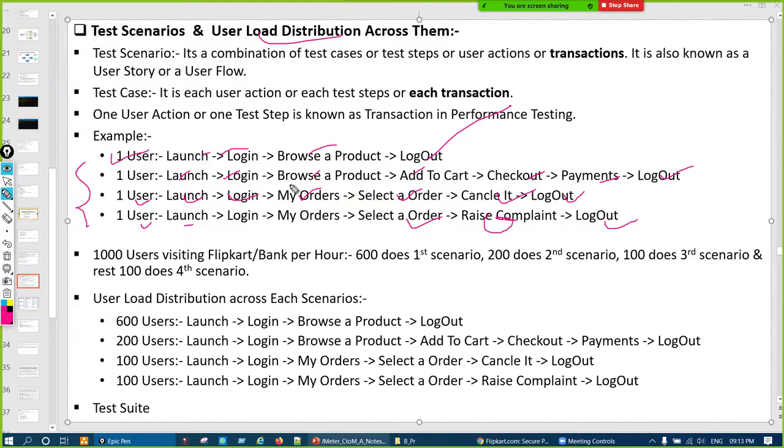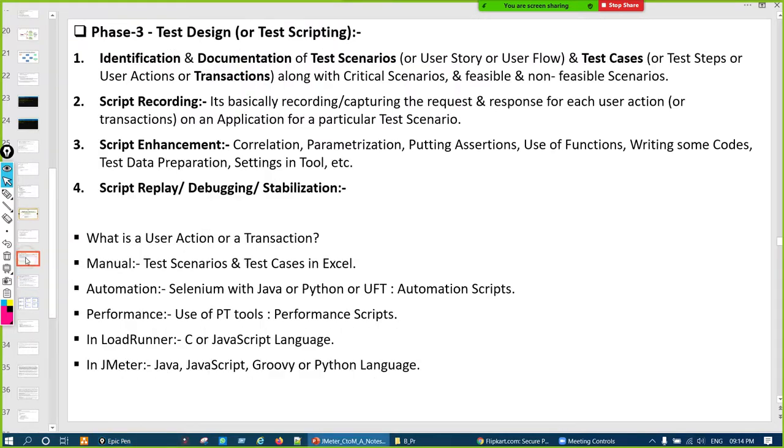After identification, we script them. Here one term is used, that is scripting. For each scenario we will be doing scripting. Once we are done with the scripting, script recording and script enhancement are done for all scenarios.